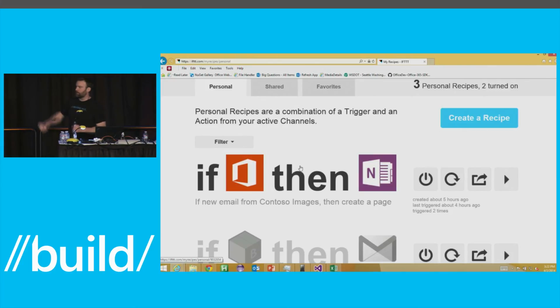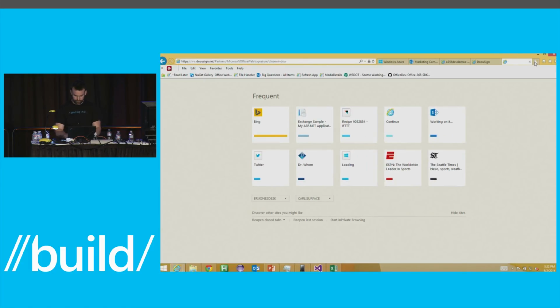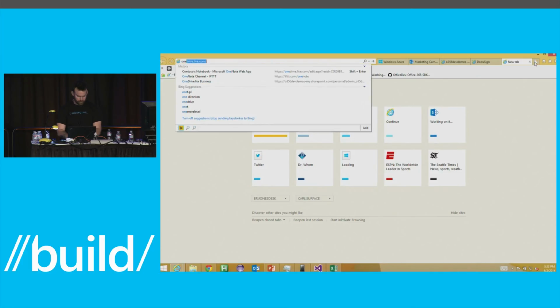OneNote and their APIs, which you should check out on Friday, is also a channel for IFTTT. So this recipe runs, and anytime I get an email from Contoso, it's going to create a OneNote. Now if I go here, let me go to my OneDrive.